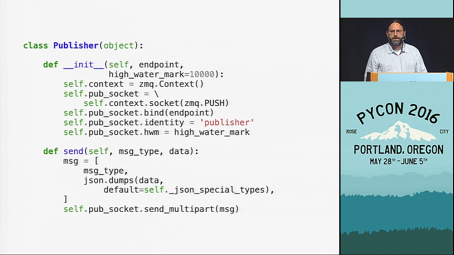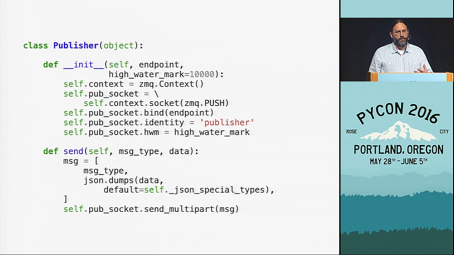Initially, I used the pub/sub socket type because I thought if I was running things remotely and debugging remotely, I would want maybe multiple listeners, one to record and one to show me things on the console, that sort of thing. But it turns out that pub/sub doesn't guarantee message delivery. So after a few very frustrating debugging sessions, I discovered somewhere in the documentation that it said that delivery was not guaranteed. And obviously, for a debugger, you can't lose information because it would not help you debug your program. So I switched from pub/sub to push/pull at that point.